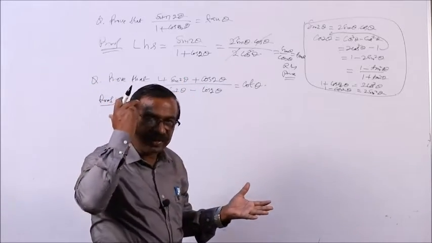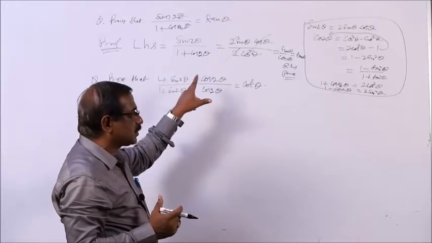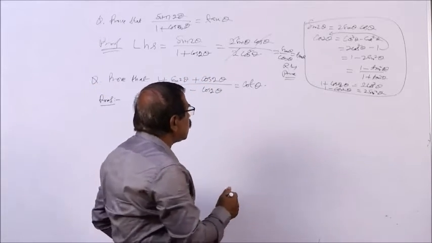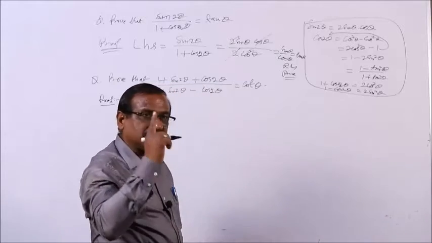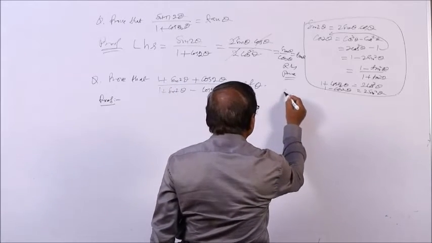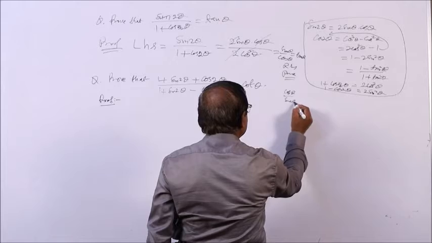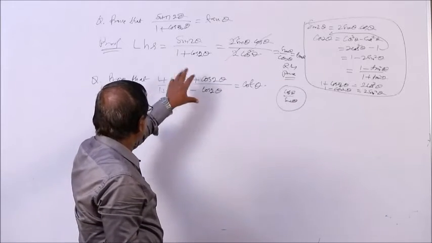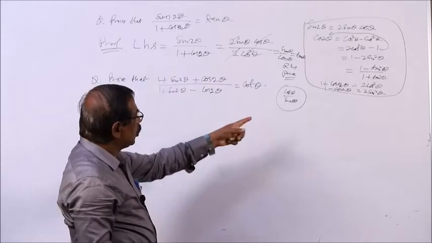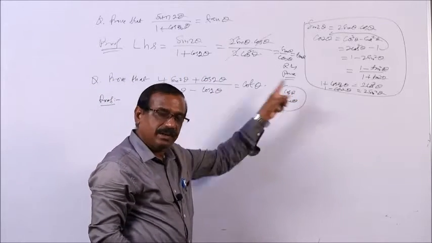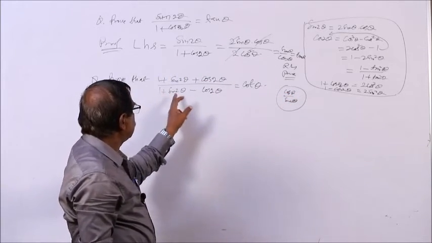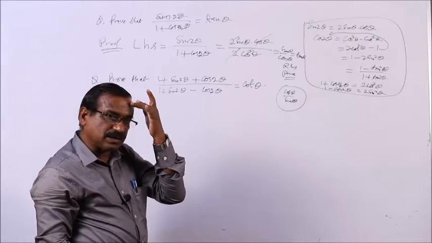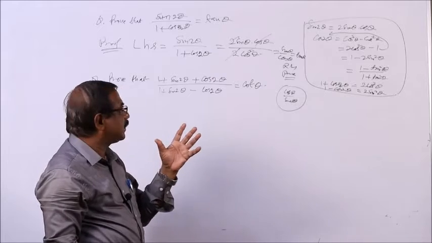So, what is in your mind? That I should reduce these terms, right, and the right hand side contains only one term, that is cot theta. What is cot theta? You have to think. Cot theta is cos theta by sin theta. So this is your intuition, that the left hand side numerator should reduce to cos theta, and the denominator should reduce to sin theta. This is my intention. Students should think that.